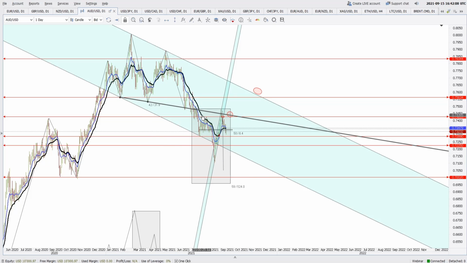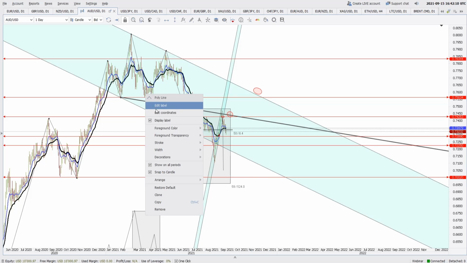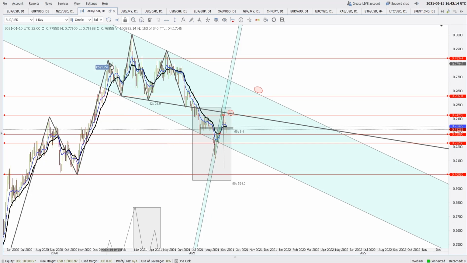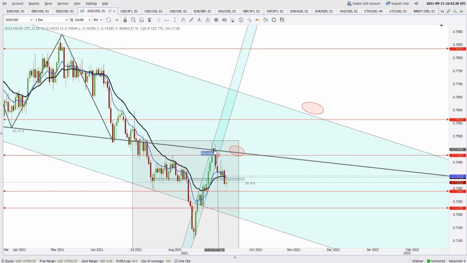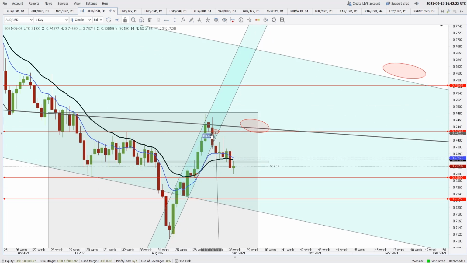This was the neckline for this head and shoulder pattern, and it is now being retested by the price, and after the retest, the price has given us a bearish pin bar, not a bearish pin bar but a bearish engulfing candle,